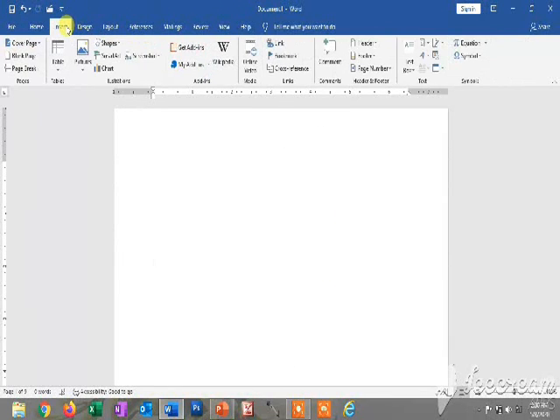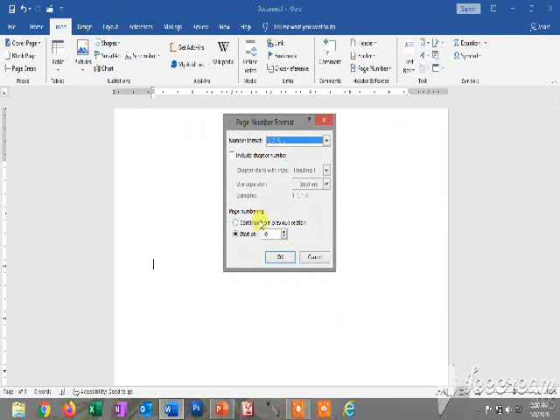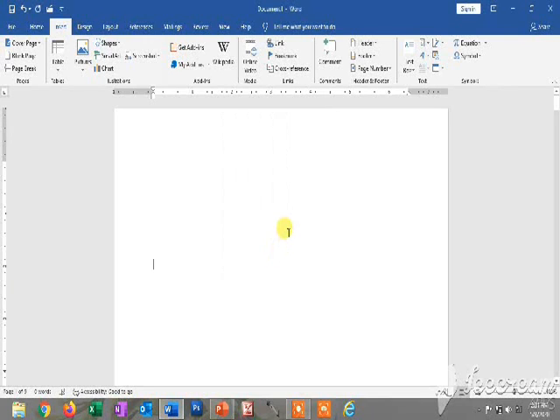Basically, I am selecting the insert now, page number, format page number. I am using 10. That's why it comes on 10. In case you start the position from 1, then page number automatically starts from the first position. So you can try it.